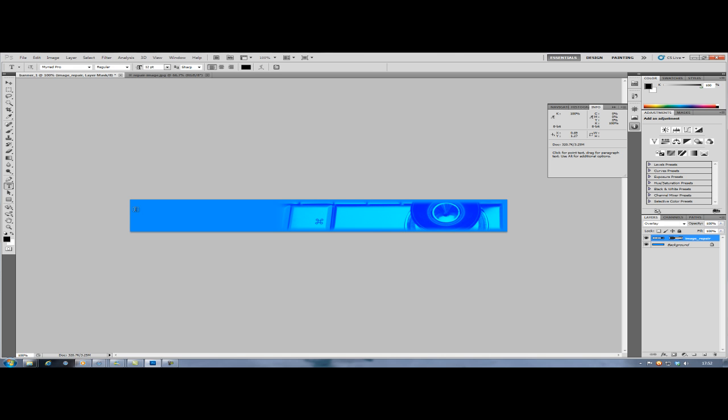We're going to start from the side and we're simply going to enter rapid repair, followed by creative computer solutions,